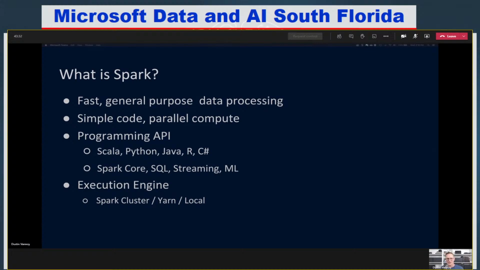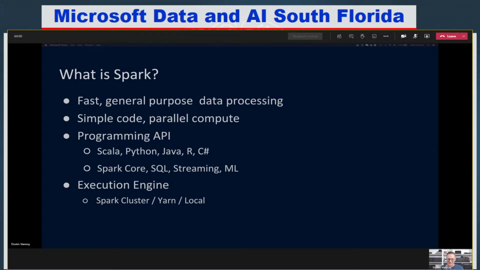And then the execution engine. It's not just an API and a framework. It actually runs on a Spark cluster, which needs an engine. There's Spark standalone, which is the one that's built into Apache Spark. But if you're running on top of Hadoop, you'd be using Yarn as your resource manager. Quite a few different managed Spark environments are using Yarn. Some managed Spark environments, such as Databricks, have Spark standalone or some kind of customized Spark standalone cluster.